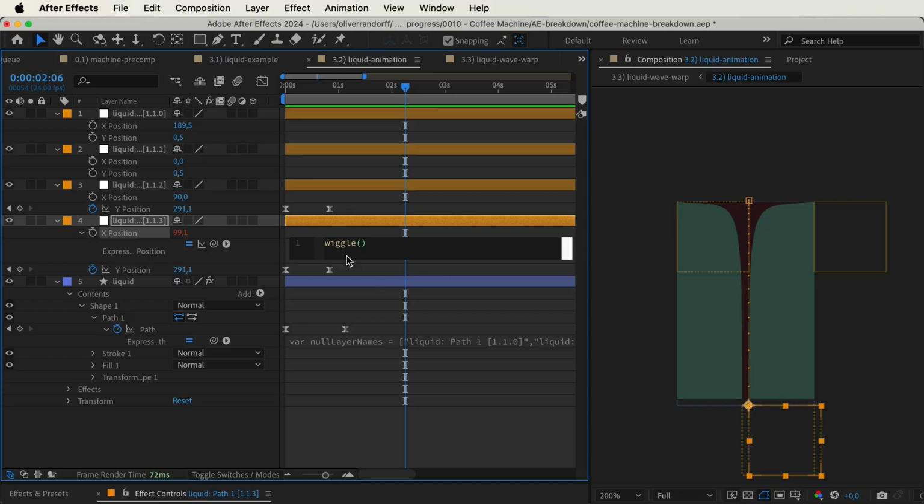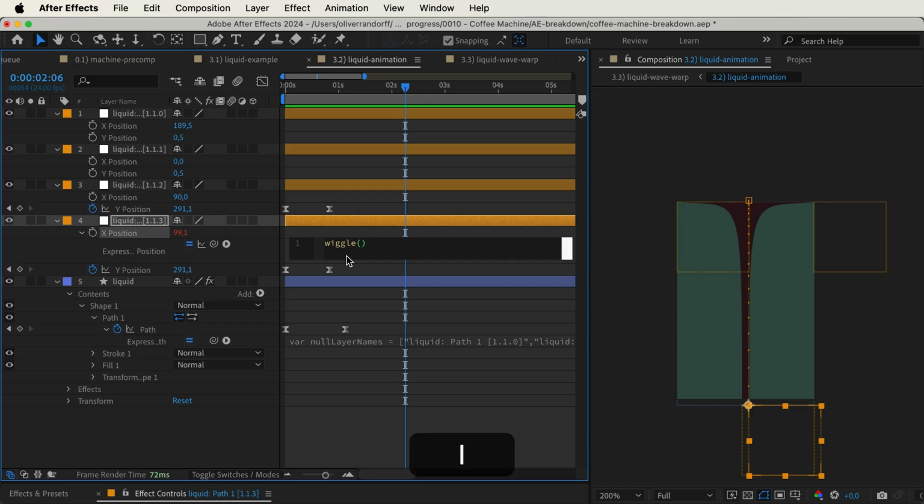The frequency decides how fast it wiggles. So the higher the number, the more frequent it wiggles. And the amplitude decides by how much. So the higher the amplitude is, the more it's actually moving. For this, I think that we will maybe go with a pretty low number for the frequency because we want sort of a smooth flowing motion.